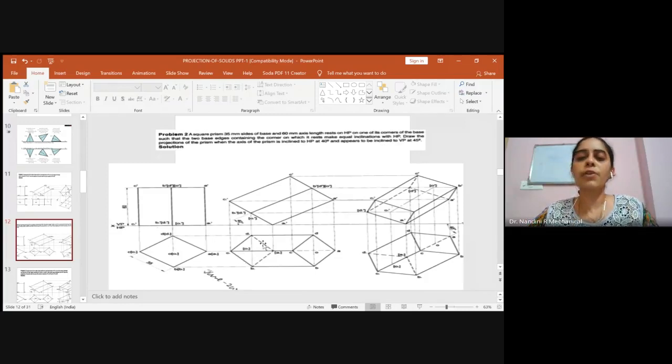But one more thing: any projection coming from the top surface of the square prism will be hidden, because when you see from the top, you can see the entire top surface, but the projection coming from inside the top surface will be hidden. So we have another side, which is A1 and A. This side will be hidden, the back side portion. When it has been inclined and you view from the top, this top surface will be visible, but this back portion will not be visible. So that portion is hidden, and we have to show it as a hidden line.